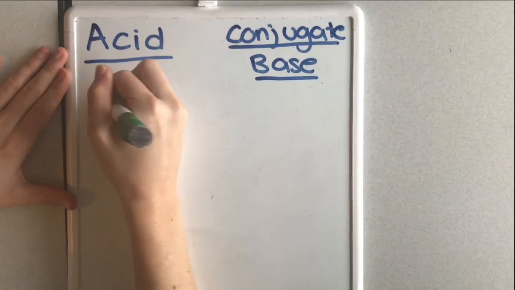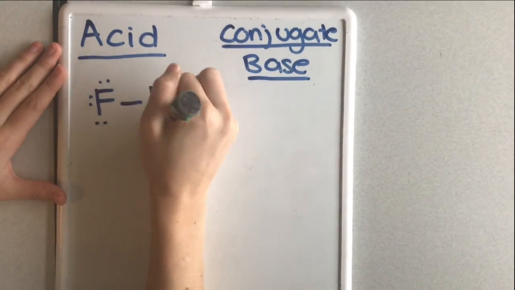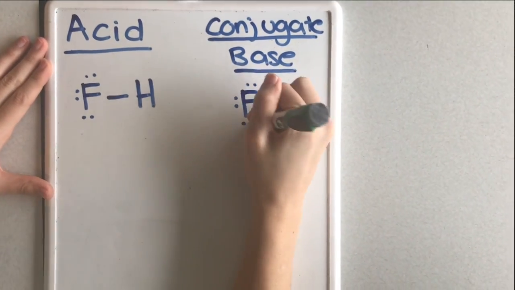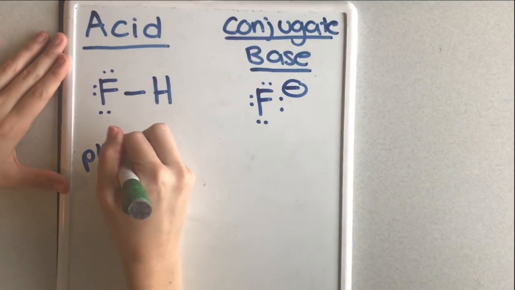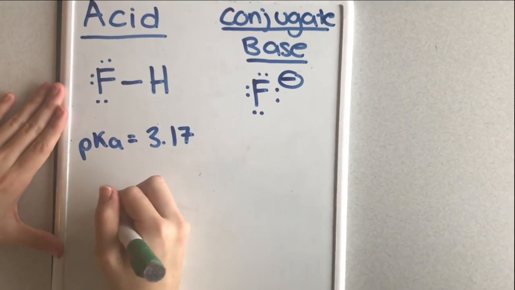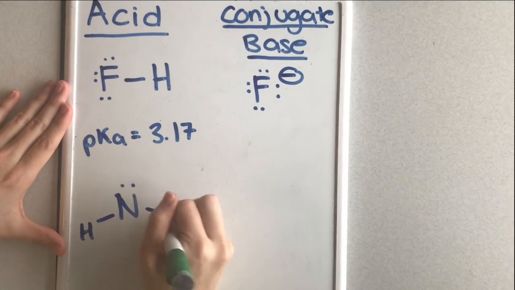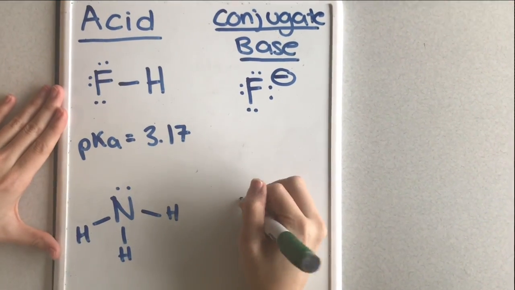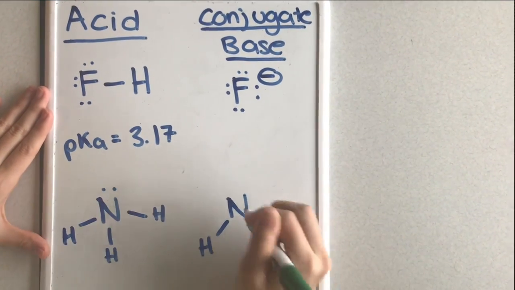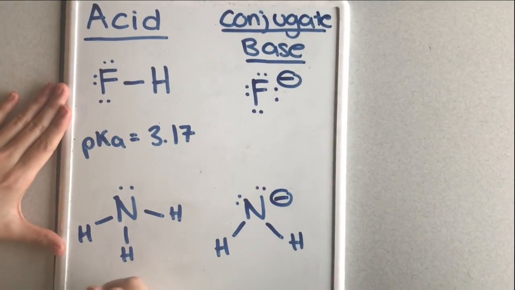The letter E refers to the electronegativity of the atom to which the acidic proton is bonded. The more electronegative the atom, the better it is at stabilizing the same negative charge. Since fluorine is more electronegative than nitrogen, it will be more willing to hold the negative charge and therefore have